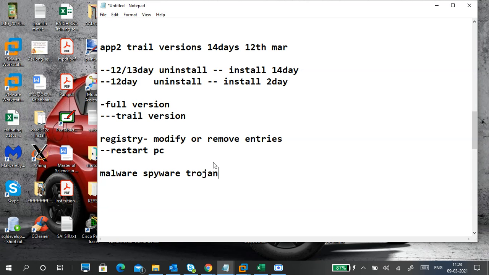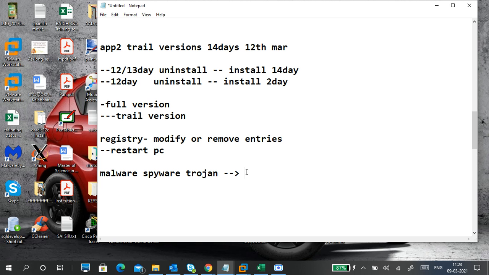So these kinds of things usually, not only this, one or two extras are also there, but think of them like malwares, spywares, trojans.